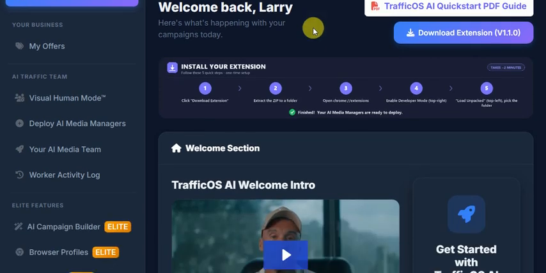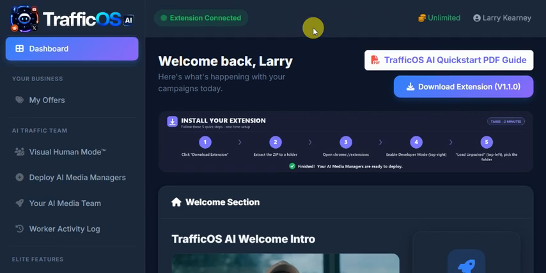TrafficOS AI is going to do a number of things. It's going to connect to your social accounts. It's going to comment very intelligently, follow people, start conversations, all with AI, and you don't need an API key. So it does all that for you. It follows people, comments, and socializes with them in terms of what they said online, and eventually when they DM, it's going to put your affiliate link in there, so you'll be able to make money automatically without you even touching the computer.